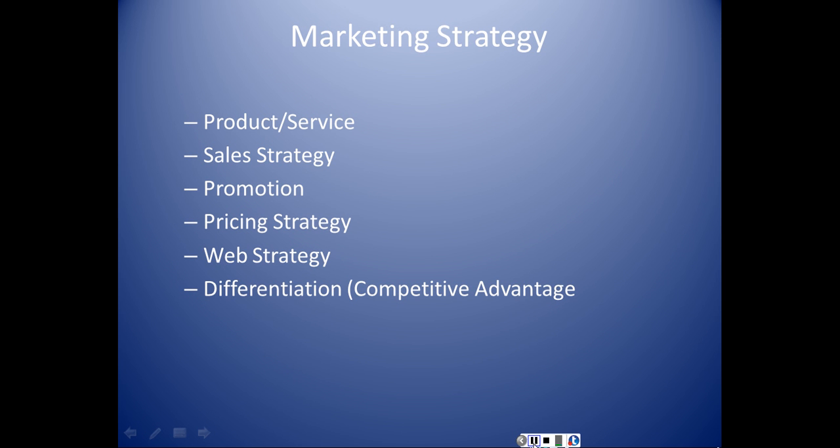Then you have economy pricing. This is no frills, low price, the lowest possible regardless of what others are doing. Costs of marketing and manufacturing are kept at a minimum. The opposite of economy pricing is what you would call premium pricing. A high price is set for the uniqueness of the product or service. This is where typically you're going to have a substantial competitive advantage, and that's when you're going to price high.